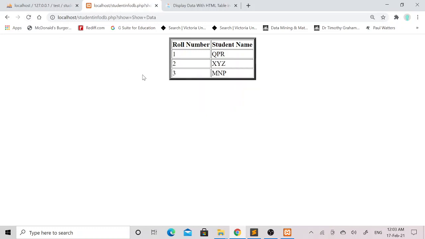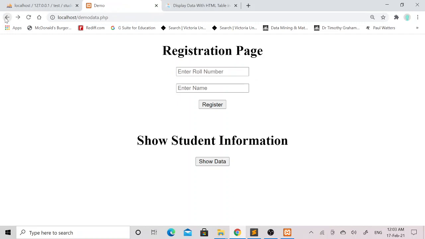When I click on the refresh button, you can see that within a single table all three rows have been fetched. Not every time a new table has been created. Then I will click on the back button.